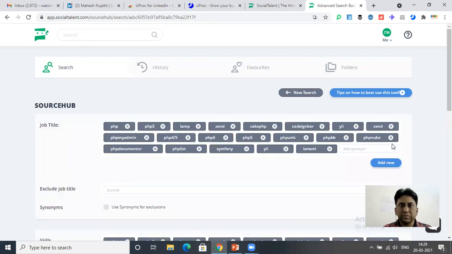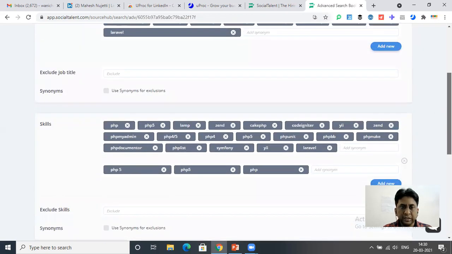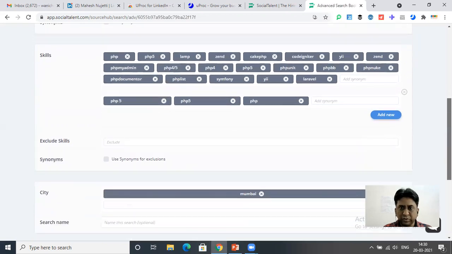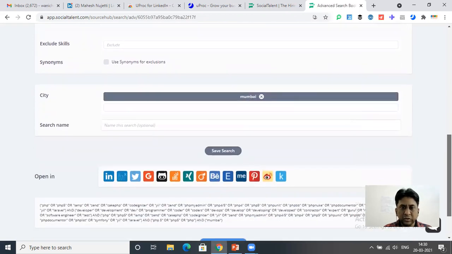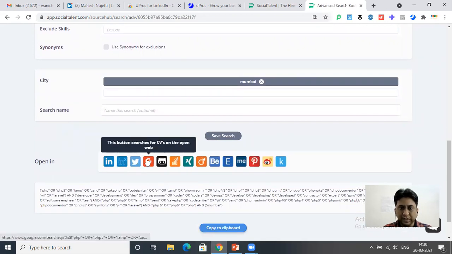So now SourceHub or SocialTalent will give you some keywords in job title. If you think they are useful, you can keep them or you can delete them. Some of it I am actually deleting. Cake PHP is there, so I'll keep it. Then it will give you certain skills also, so you can remove if you want. And then you can perform the search in LinkedIn, Twitter, GitHub, or all other sites.